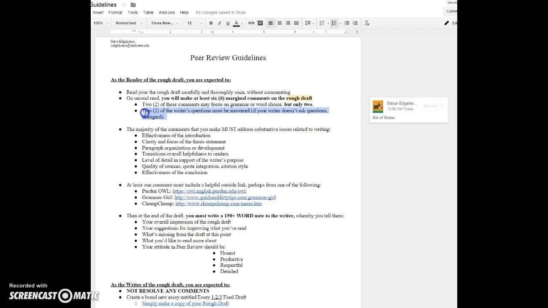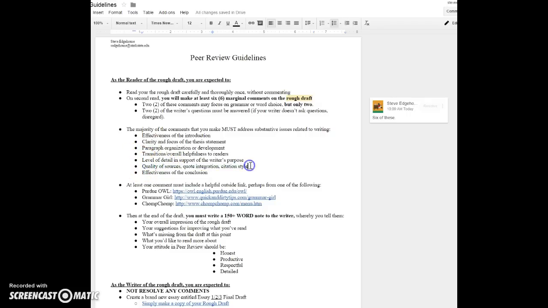It's a requirement of this assignment. You have to answer at least 2 of the writer's questions. You can skip one because sometimes some people are better at writing questions than others, and that's okay. So try to answer at least 2 of the questions that the writer has made. And these are just suggestions. How's the intro looking? How's the thesis statement looking? Are the paragraphs organized and are they developed? Those are really important ideas. Is the paragraph in the right place, and does it provide an ample amount of development? How are the transitions? How helpful is the writer to readers? The level of detail, really important, especially in descriptive essays like this one.